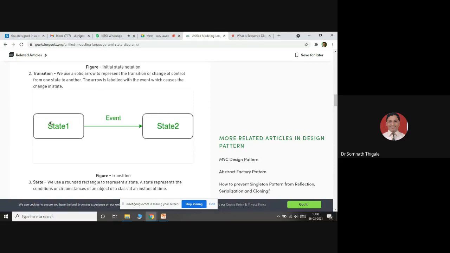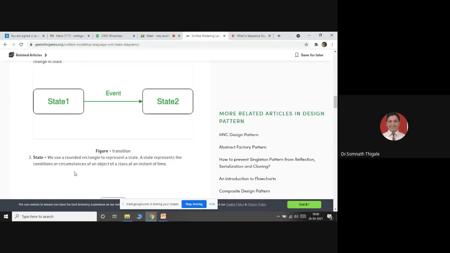Moving from one state to another state, we call it a transition. We use a simple solid arrow to represent the transition, or change of control, from one state to another. That arrow is labeled with the event that caused it. We call this condition a transition.